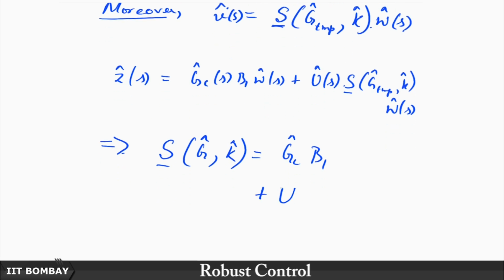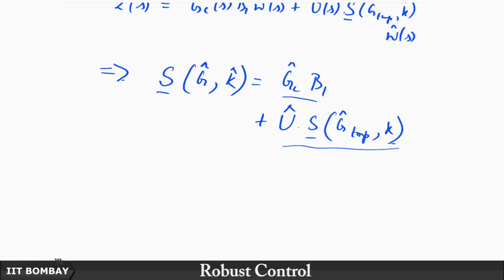plus U hat acting on the star product of G hat TMP comma K. This is beautiful. Now we have one term which is completely freed up from K and only one term which depends on K. This is now going to lead us to our desired result that we are trying to prove. So, there are 2 things that we will now, okay, before that let us write that down, then we take the inner product on both sides with itself, or rather we take the norm on either side, G hat K hat squared is equal to,